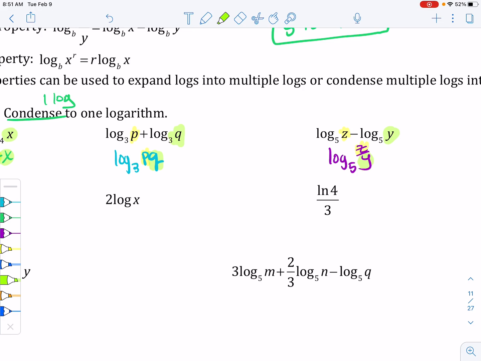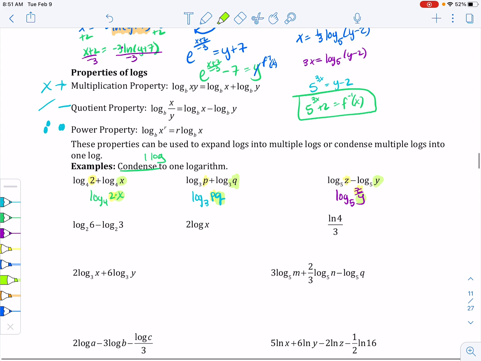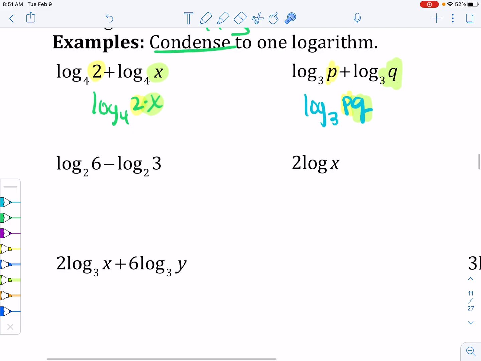Now notice here that all three of these examples actually have the same base. So this only works when your base is the same. If the base is not the same, then you cannot do that, and there's not any simplification that you can have with it. Okay? So if we look at the next one, we have log base 2 of 6 minus